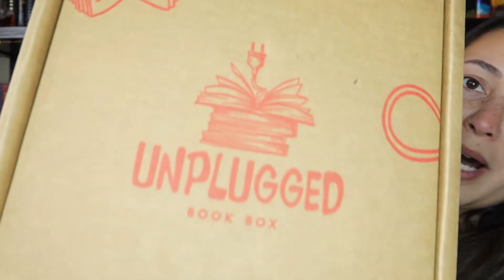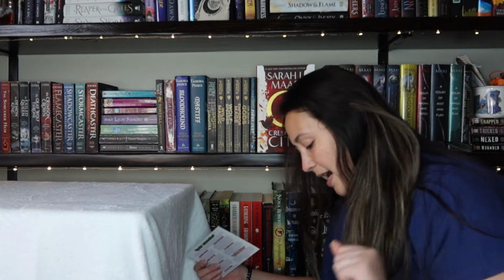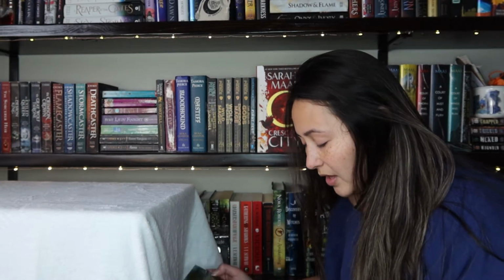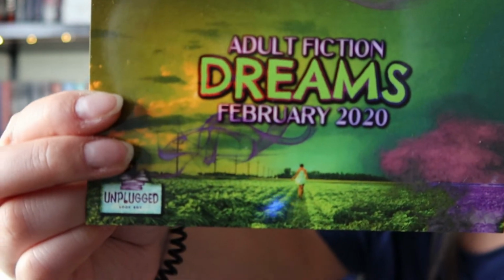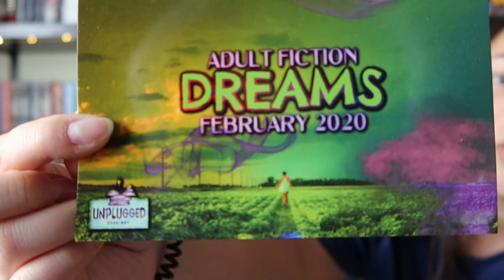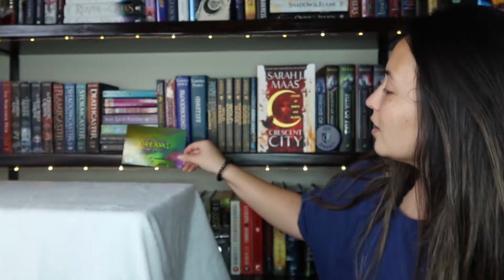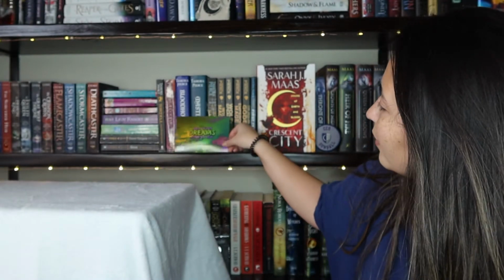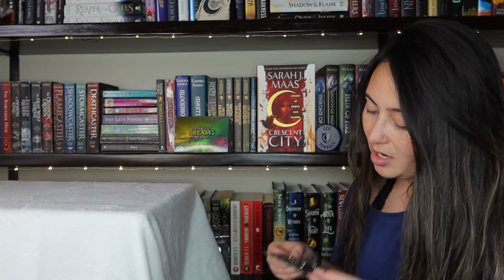This is what the box looks like. Okay, first thing that happens as soon as I open it is I am immediately attacked by all of these brown squiggly paper things. I had to turn off my ring light in order to show you guys what it actually looked like, but that is the spoiler card. I am trying not to look at the back of it as best as I can. So there's the spoiler card. Let me set it over here. Okay. Alright, so the very first thing that I see under the cardboard or whatever papers are...